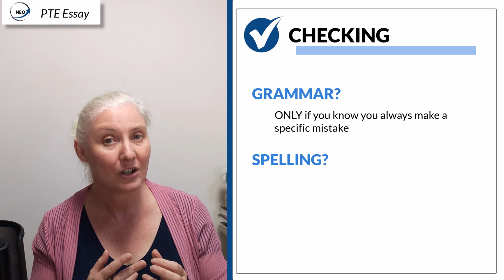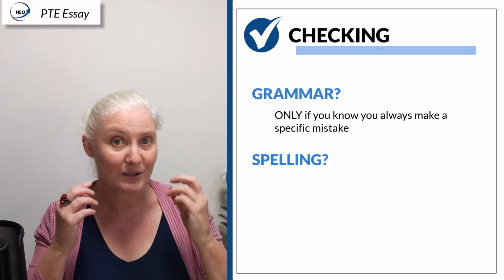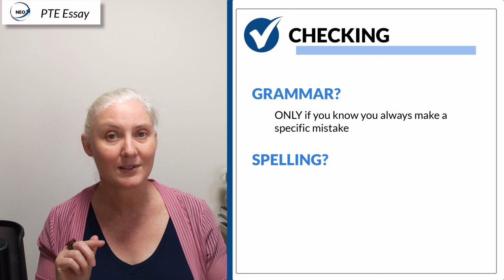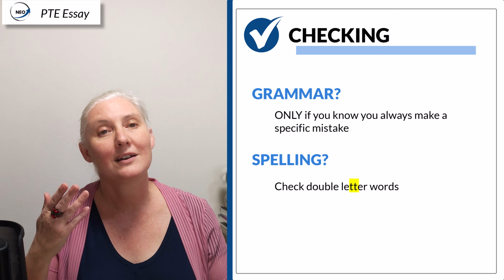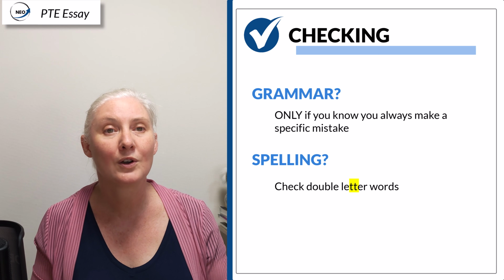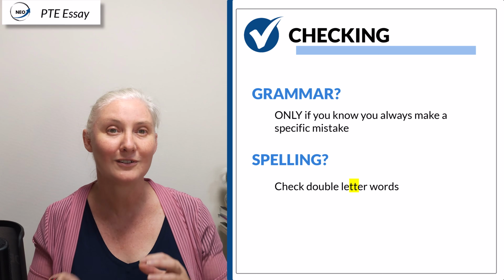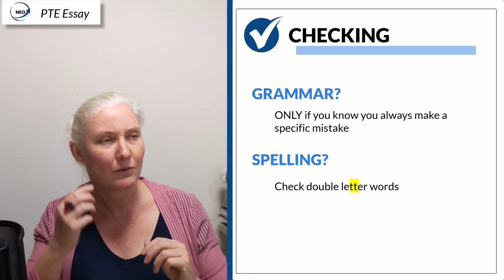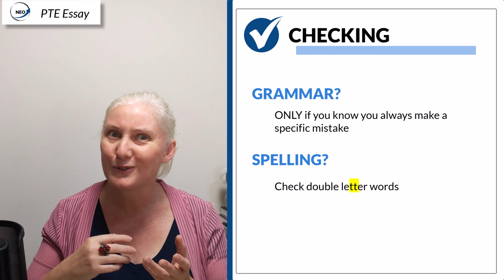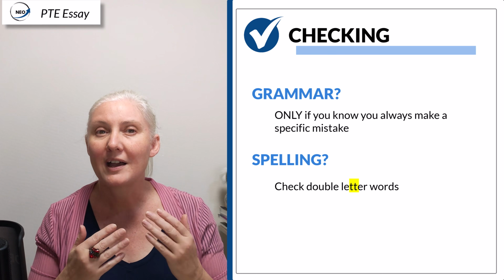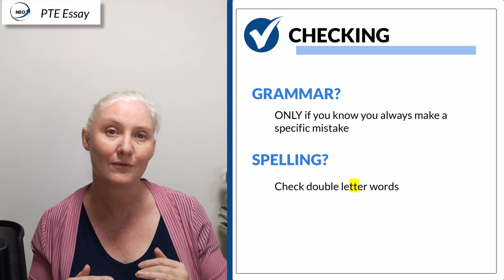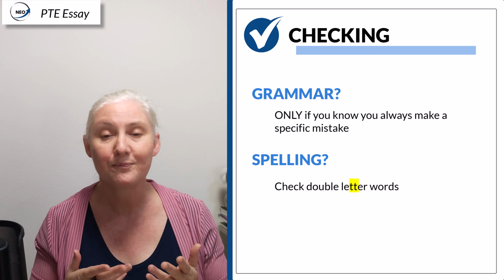Spelling, however, a lot of us do make spelling mistakes just because we're writing quickly, especially in English with double letters. So if you go back and spend a little bit of time looking at words like efficient and innovative, these long words that have you thinking, do I put 2 F's or 1? Do I put 2 N's or 1? Go back and look at them and just think slowly and carefully and try and correct any of those potential errors.